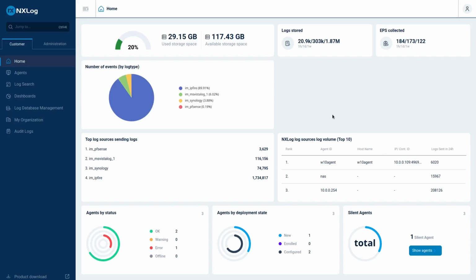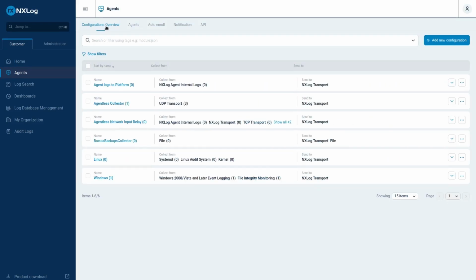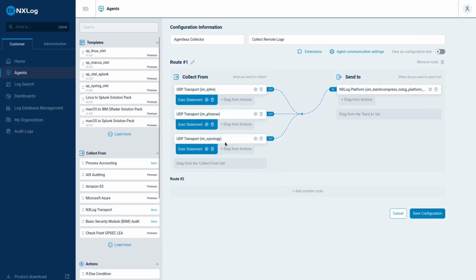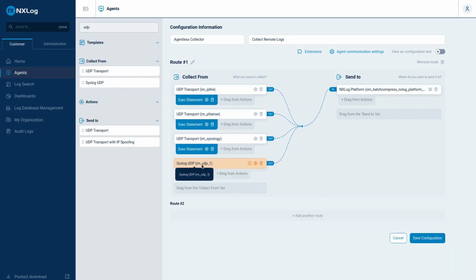Now on the NXLog Platform, we need to configure our agent to receive the OPNsense firewall logs. So we go to Agents, go to Configurations Overview, select the template. As I mentioned before, I already have these two firewalls in the Synology, and I will want to create a new one, just specific for OPNsense. So drag and drop, collect from,